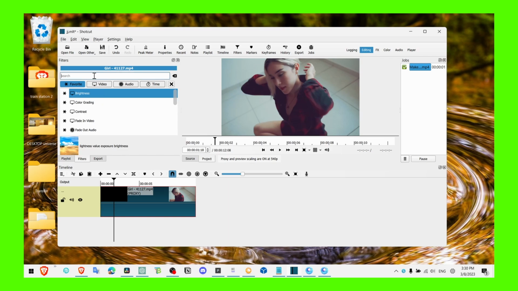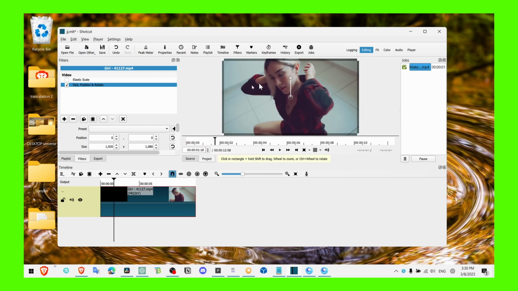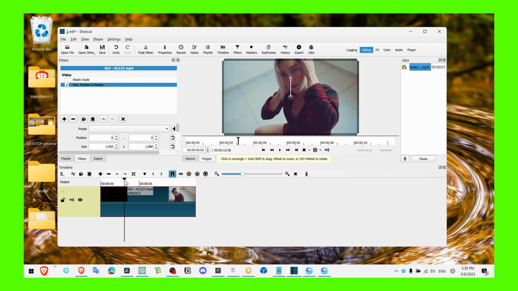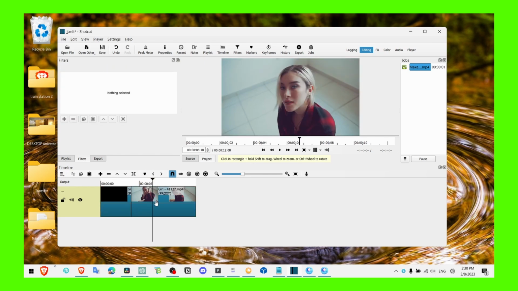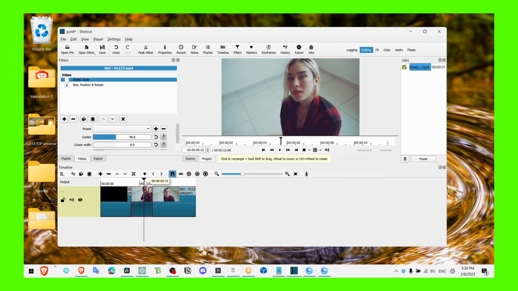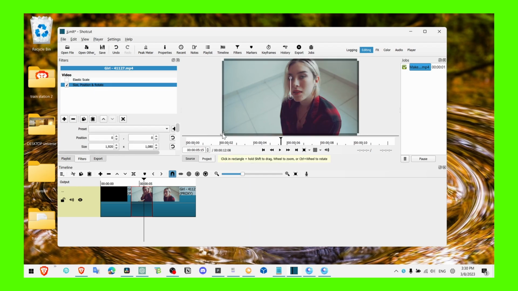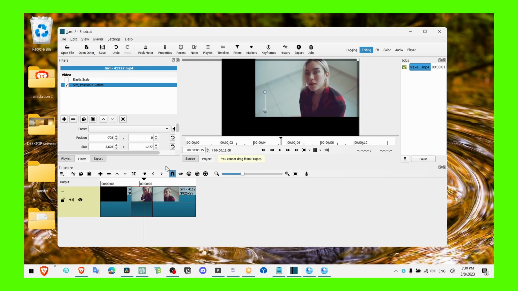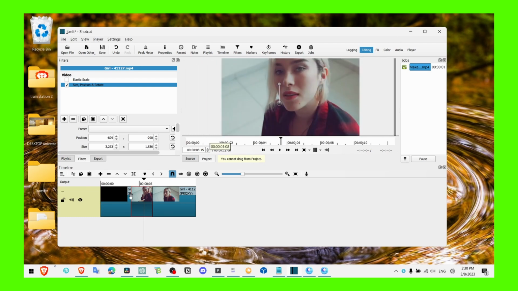And now what you can do here is you can write size, position, and rotate, and then add this to your video. Now we can simply add a cut here, position a cursor, and here you can press S on your keyboard. Now let's say maybe we want to zoom in, so we can center this right over there, and you can now position the video. You can zoom the video, and now this is more like